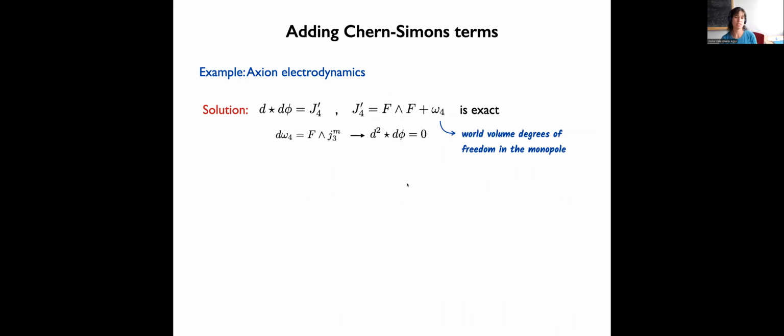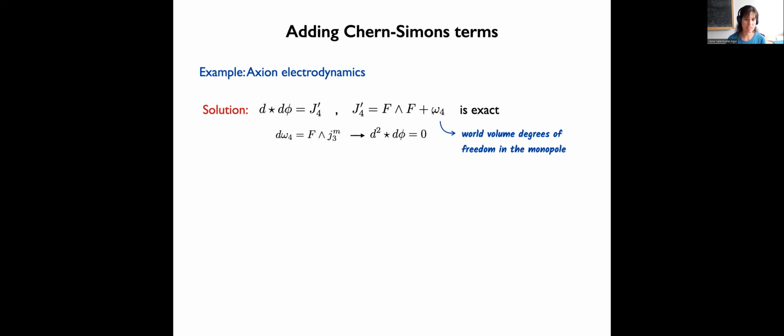The way to fix it is that the theory must have some more ingredients. You must have some improved current in which, beyond F∧F, you also have some other three-form contribution that comes from degrees of freedom living on the monopole. So the monopole cannot come alone. If it comes alone, then you have this anomaly. It's like doing anomaly inflow: you need worldvolume degrees of freedom living on the monopole, and you can derive exactly what they are from all these equations of the symmetries. You can check that,